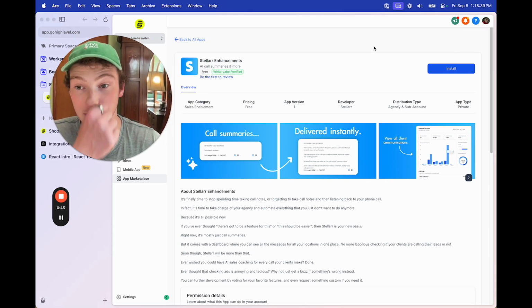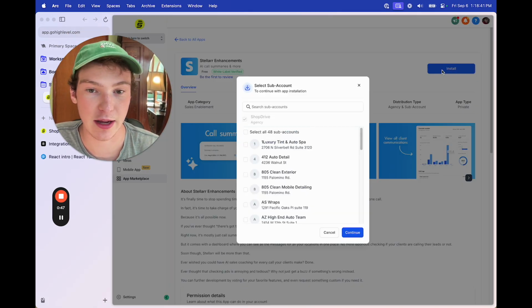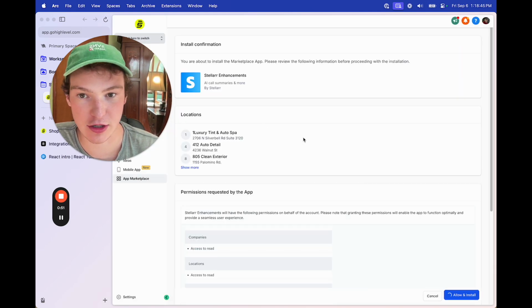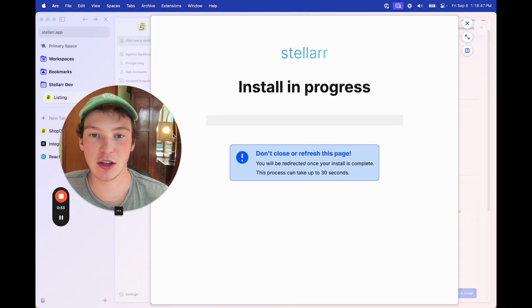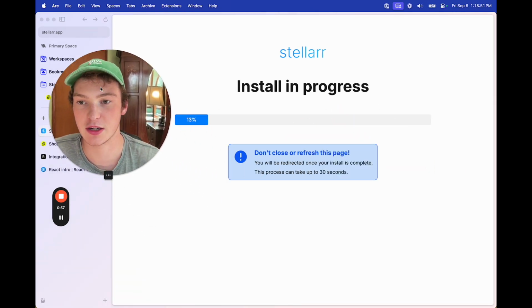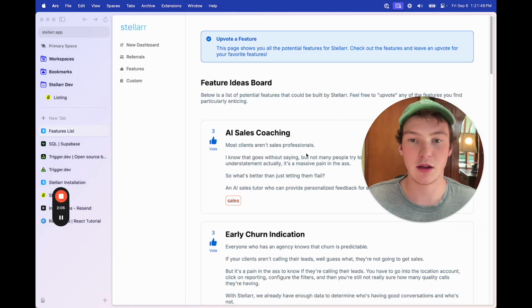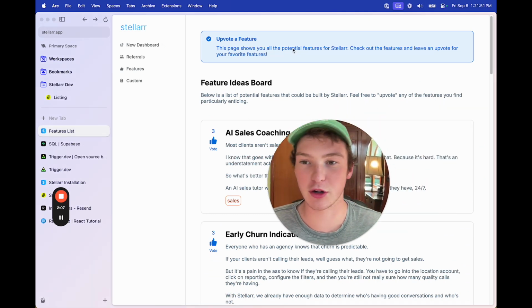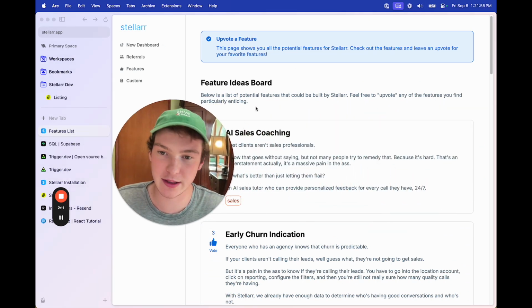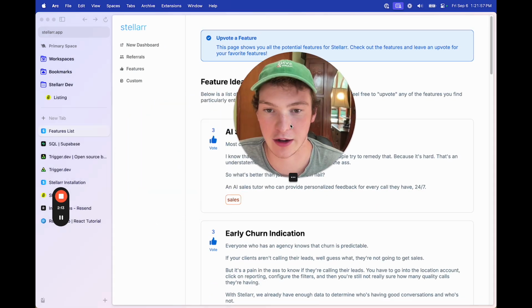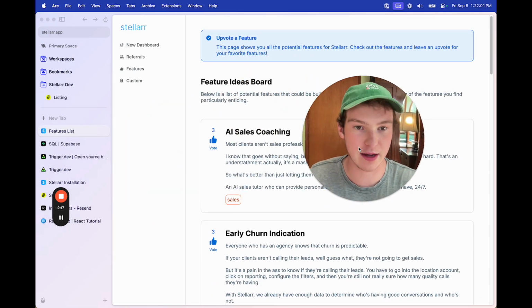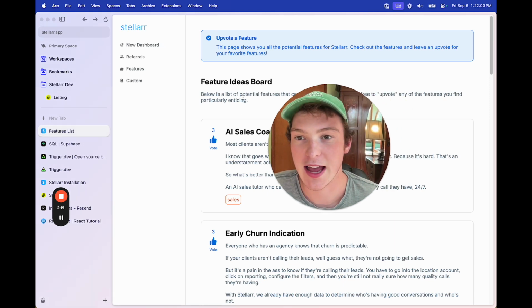So all you do, you'll land on this page. You got to be signed in, hit install, and I'm going to do all accounts and then just hit allow. And that's going to load up this page. It'll basically say install in progress and just give you a little progress bar. Okay, and after the app installs, it's going to redirect you to a setup page. I've already completed the setup, so I'm just on the regular kind of features page. But you'll go on the setup page, you'll just add your referral credits, and then you can just close the